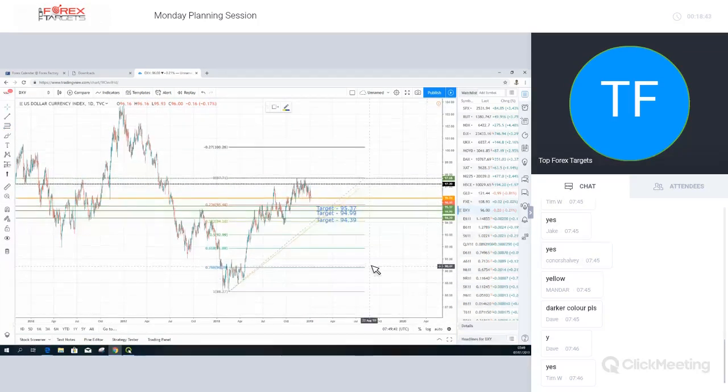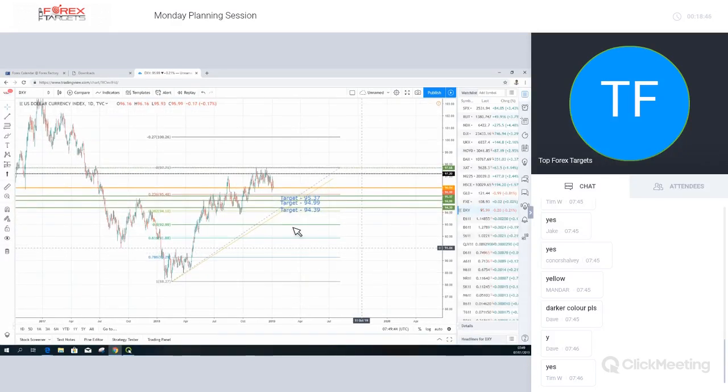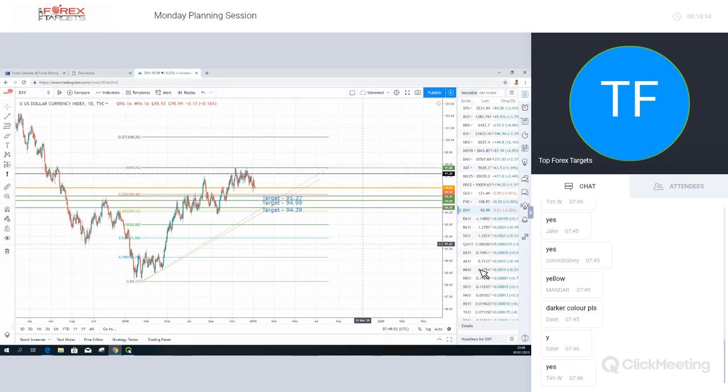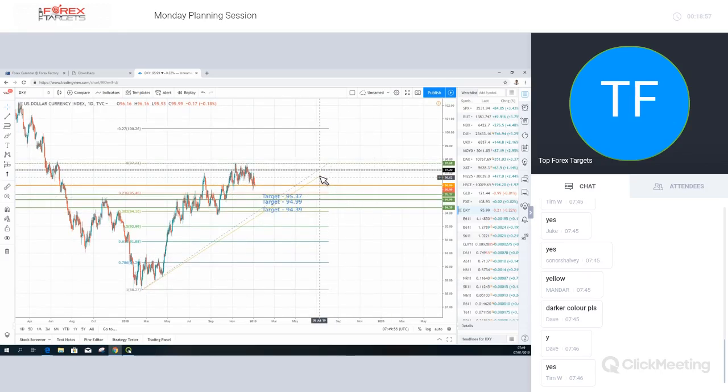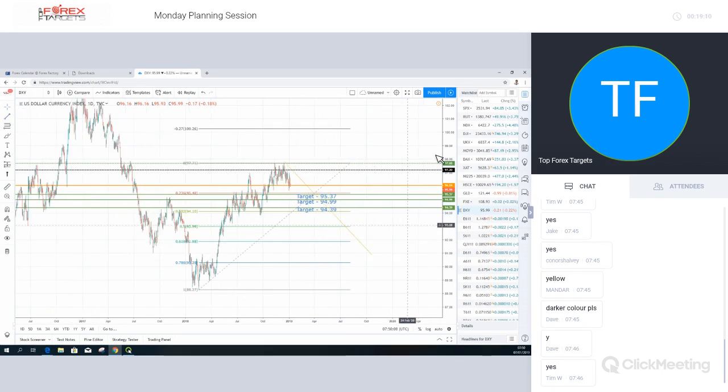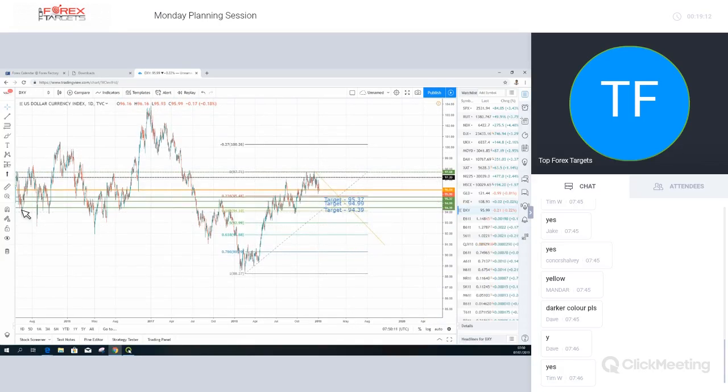So in terms of what we're looking at here, at least for the time being, I'd be looking down, again, assuming that this double top pattern doesn't fail, towards the 94.39. But possibly, depending on the rhetoric and the actions of the Fed this year, if they do soften significantly, we could be seeing this coming all the way down, and this would actually be the start of a larger correction. The reason it would be the start of a larger correction is because we can count from down here, 5 waves up, 1, 2, 3, 4, 5.